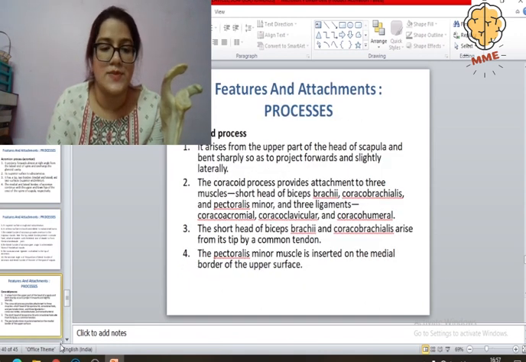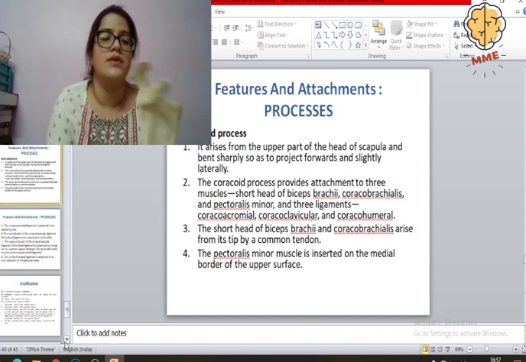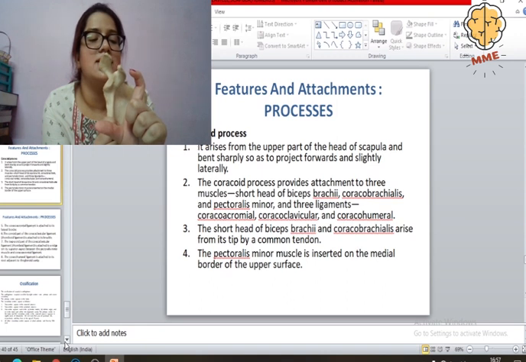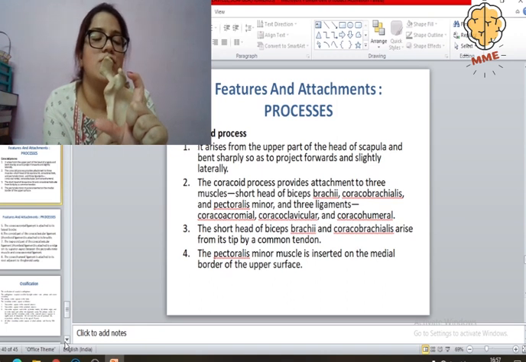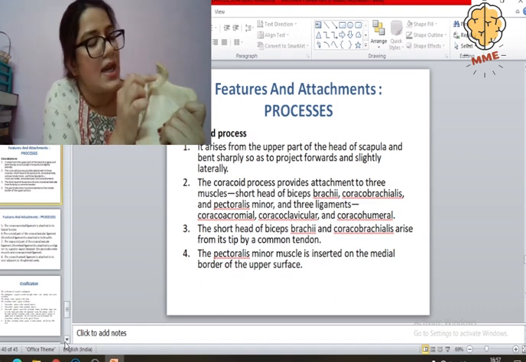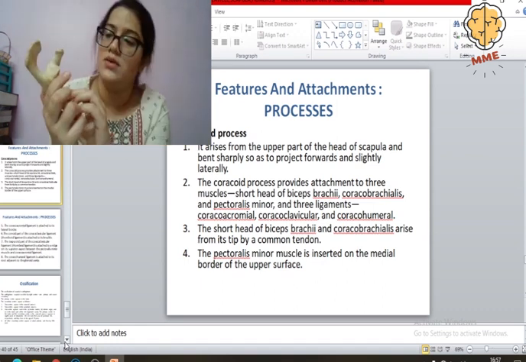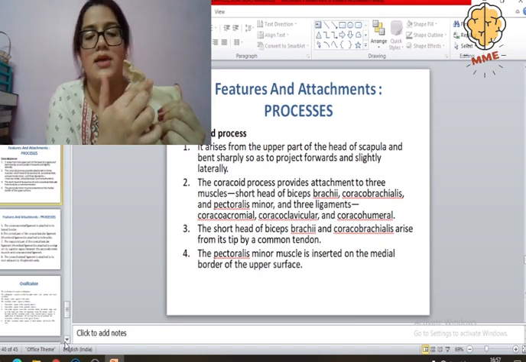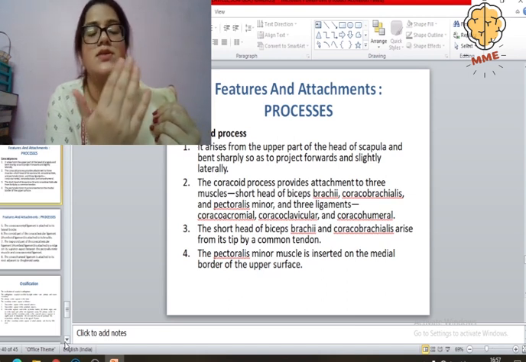Features and attachments. Coracoid process is very important. It's very simple, I'll tell you. You have to picture it like this. When you picture it, you will see it has a vertical part and a horizontal part. This horizontal part is very important